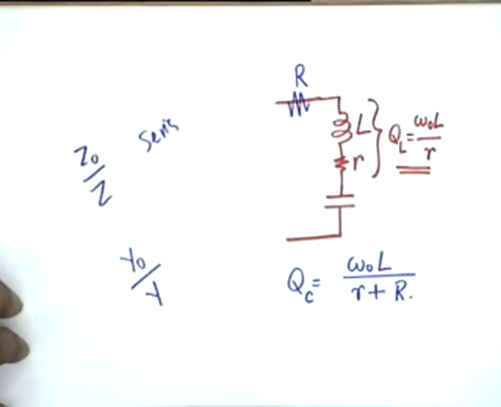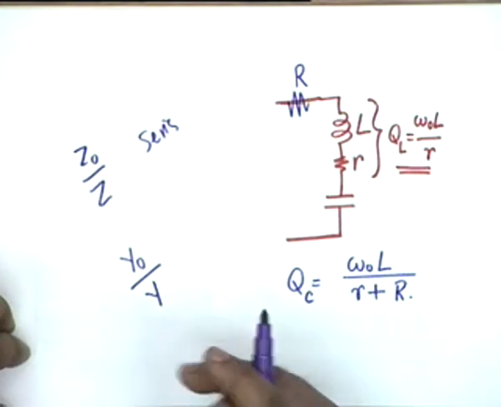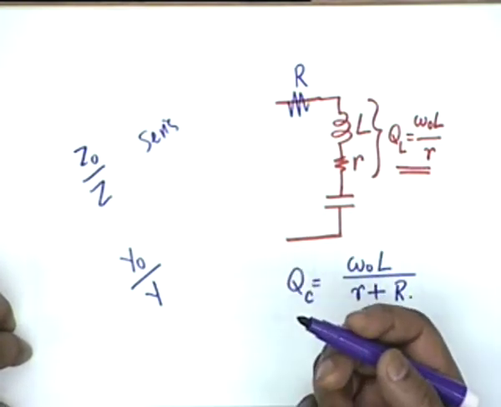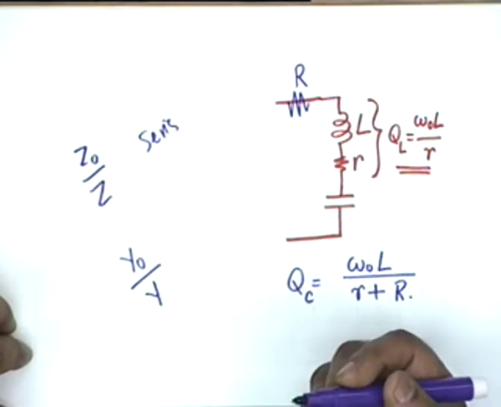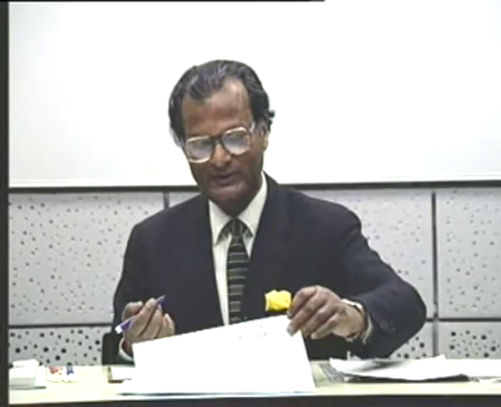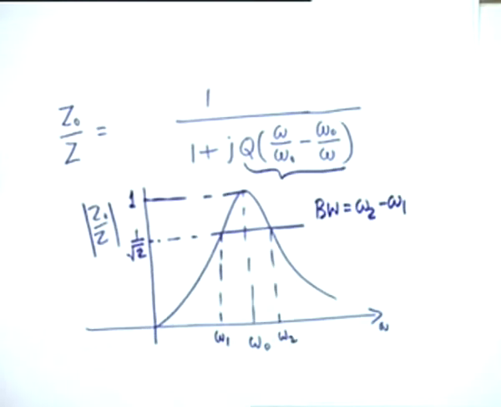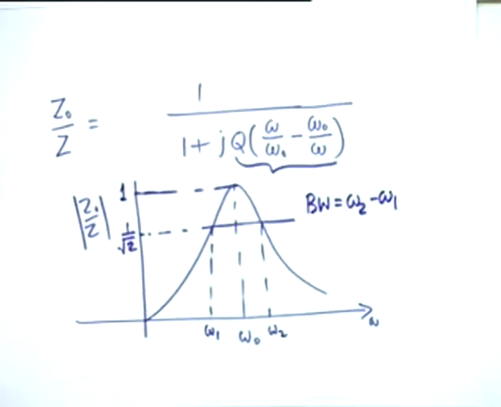If they are not series or parallel, yes, that's a good question, then we shall have to start ab initio, from the roots. We cannot apply any of these formulas. But nevertheless, it can always be shown that whatever the complication of the circuit, if there is resonance, then around resonance it can always be described by a formula of the type 1 by 1 plus jQ, omega by omega 0 minus omega 0 by omega.